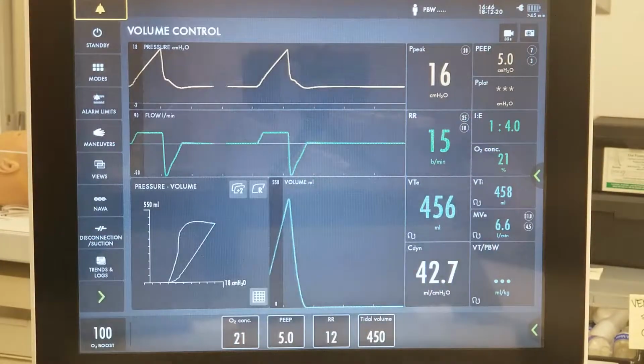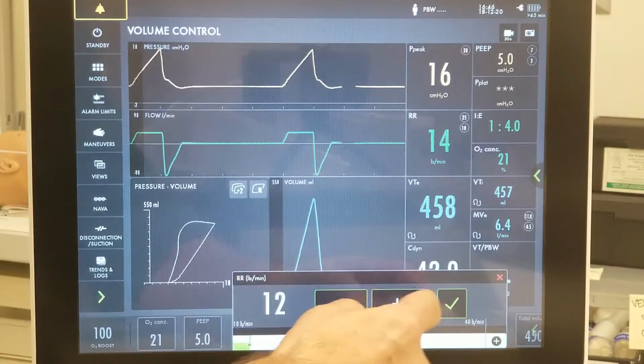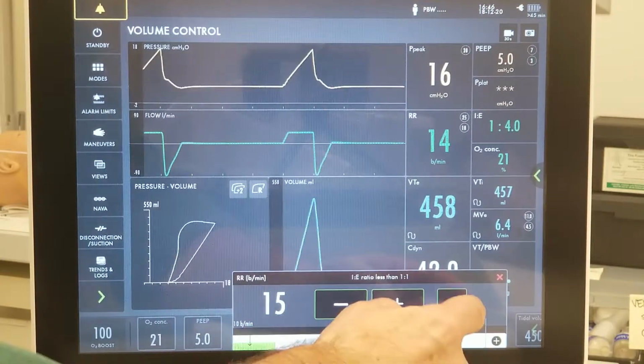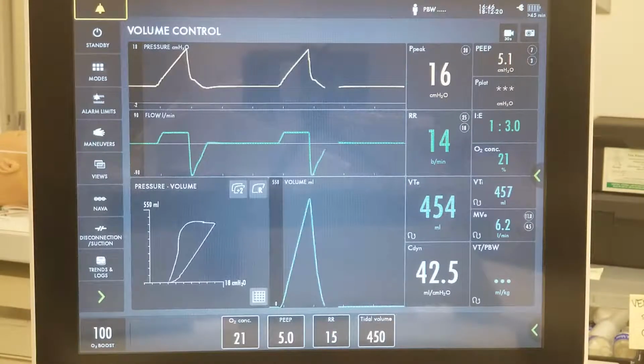See, we're at 1 to 4 instead of 1 to 3. So increasing our rate increases our IE ratio from 1 to 4 to 1 to 3, but has no other impact on flow or